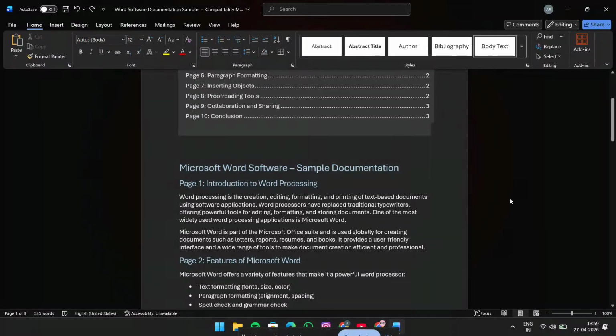If you need to jump straight to a specific page in Microsoft Word, you're in the right place. In this quick guide, I'll show you the fastest way to go to any page number, whether you're using the keyboard shortcut or the built-in go-to feature. This is a simple trick, but it can save you a ton of time when you're working on long documents,